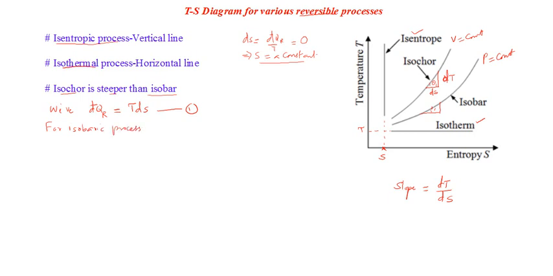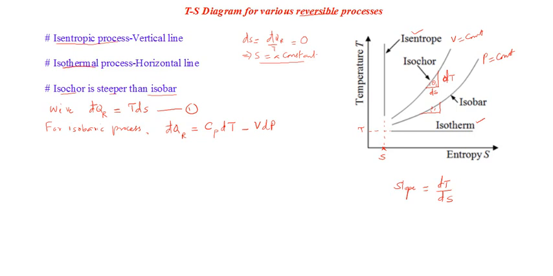We can write this using the first law of thermodynamics and its rearrangement, which we have used many times previously. d̄q_r can be written as Cp dT minus V dP. We have two very similar expressions, one applicable for isobaric process and another applicable for isochoric process, obtained by modifying the first law of thermodynamics.